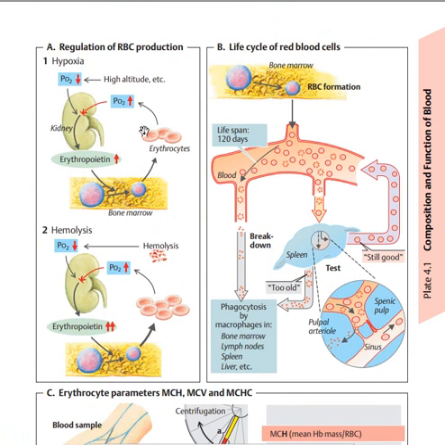So, now we are going to see the regulation of red blood cell. We start with the regulation of red blood cell production. We need to know that the main point involved in red blood cell production is going to be erythropoietin, and that erythropoietin is produced from the kidney and is going to be controlled by either a rise in partial pressure